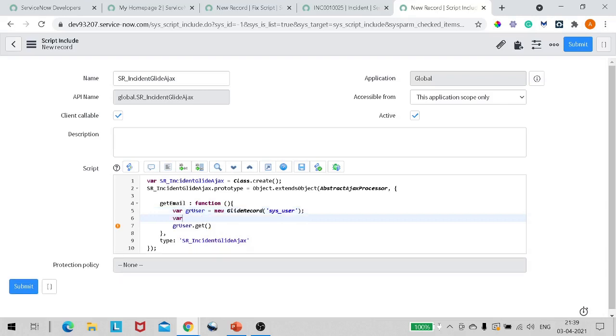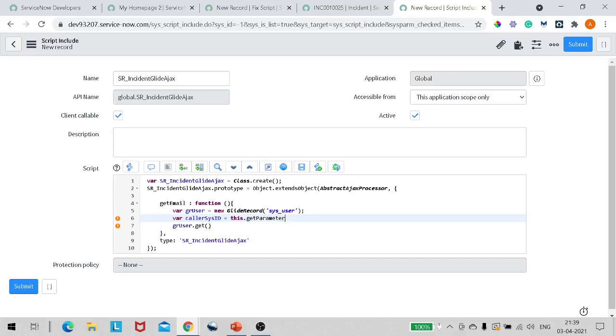We have to do variable caller sys ID equal to this dot get parameter. What get parameter will do is take the parameter which you have passed from the client side, with that particular name.